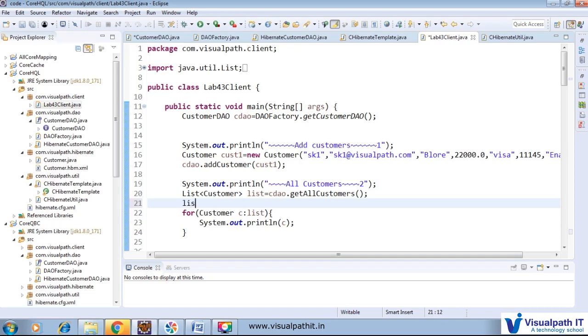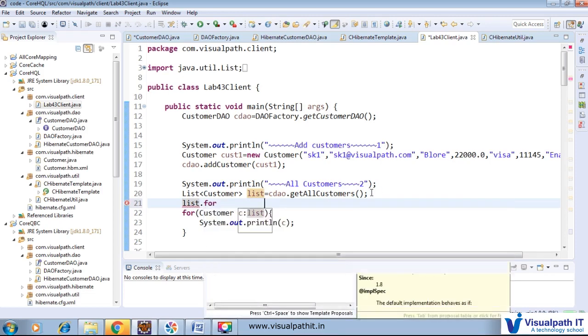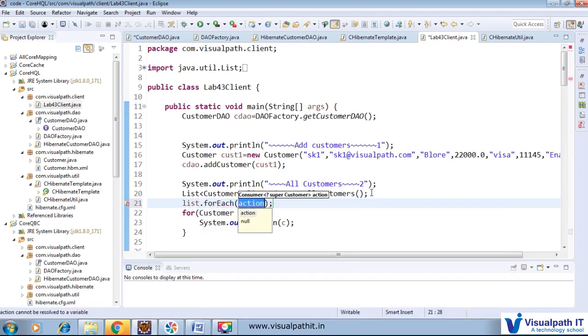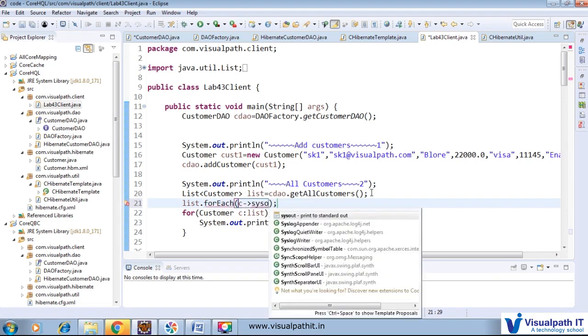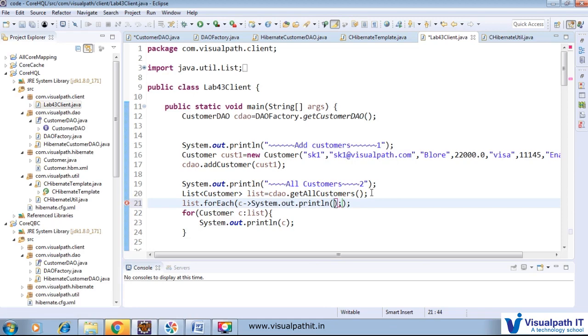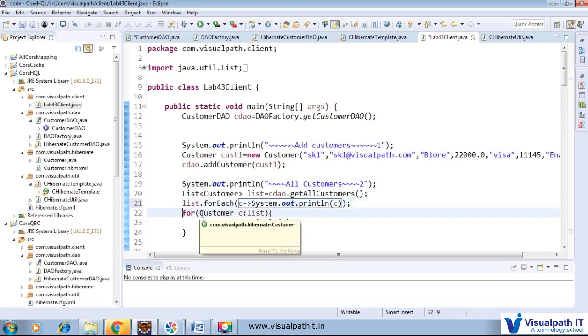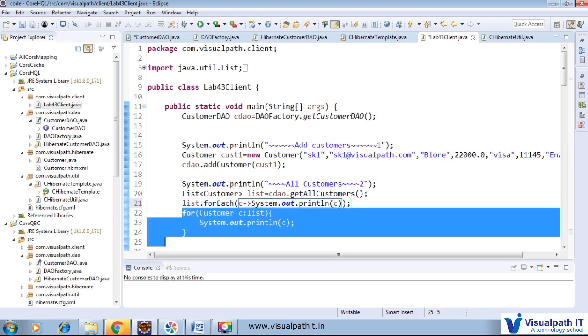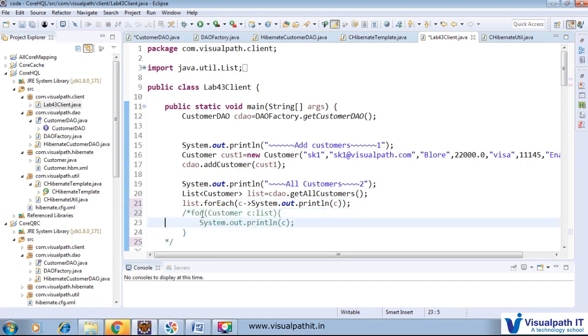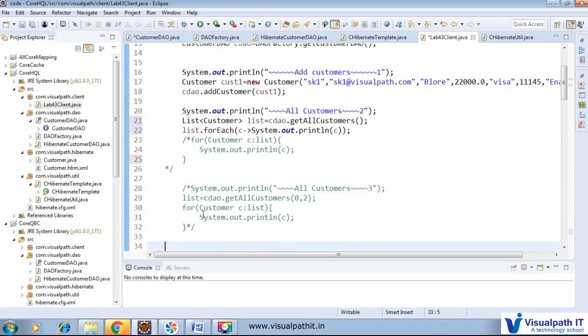We can do that with the Java 8 concept also, list.forEach, and we'll provide customer, and we'll provide system.out.println that particular value C. So no need to do this operation, both are the same. So we can utilize any of the functions.